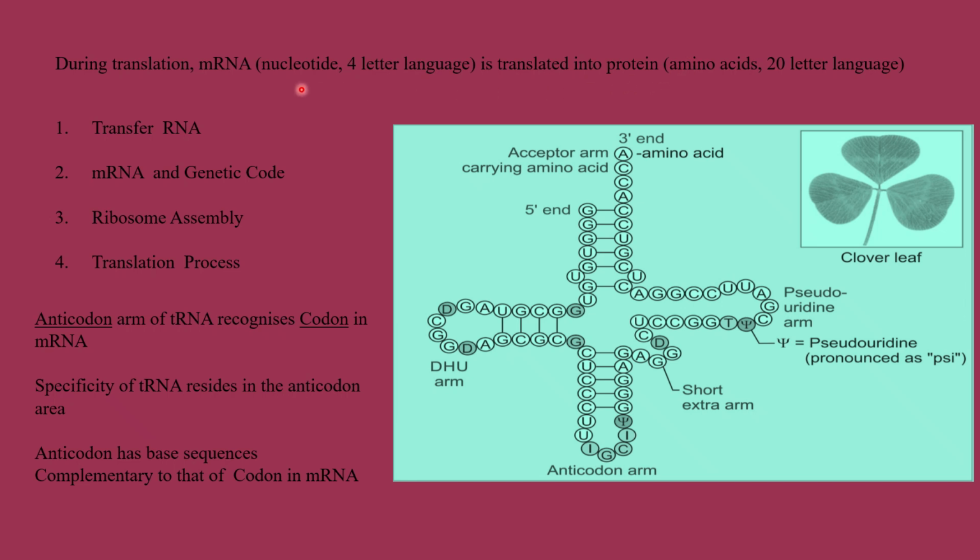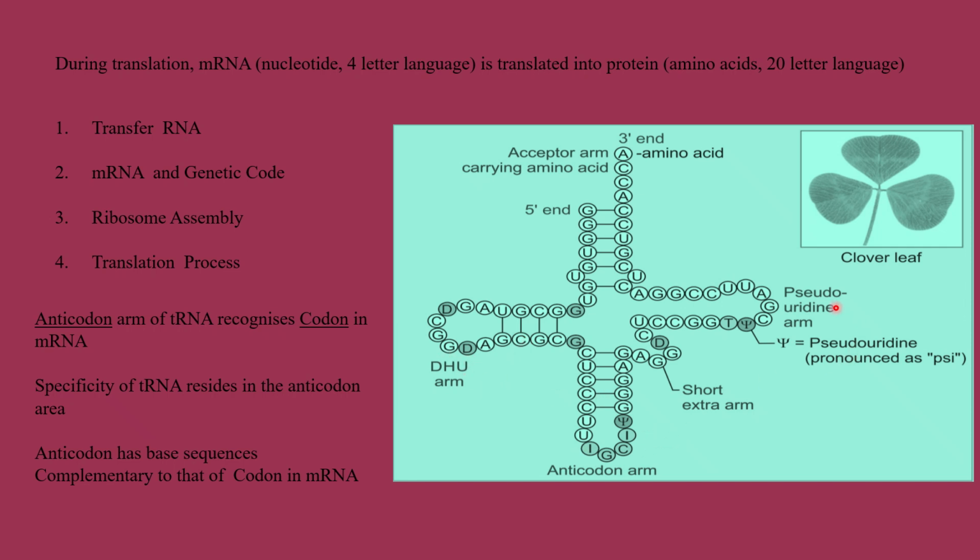So let's understand the transfer RNA. What is a transfer RNA? It consists of 4 arms. It is basically a clover leaf-like structure. The secondary folded structure of transfer RNA has 3 hairpin loops which give it an appearance of a 3-leaved clover. And the main constituents of this transfer RNA are these 4 arms: the acceptor arm, the DHU arm, anticodon